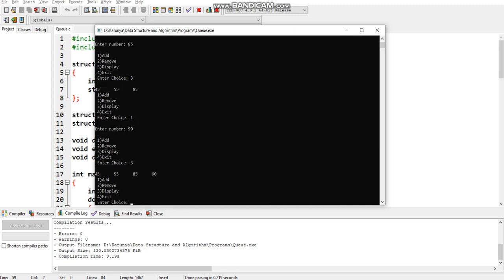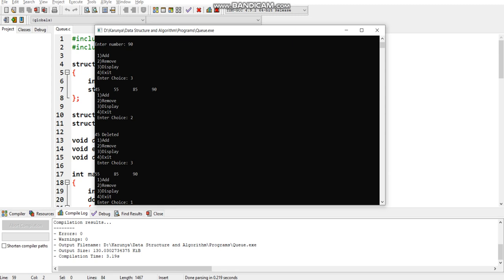So 45 is here, 55 is here, 85, 90. It is going from last to first. So I am removing the first element. See, the 45 is deleted. Again I am displaying. So 45 is deleted, the memory is free. Here is 55, 85 and 90.